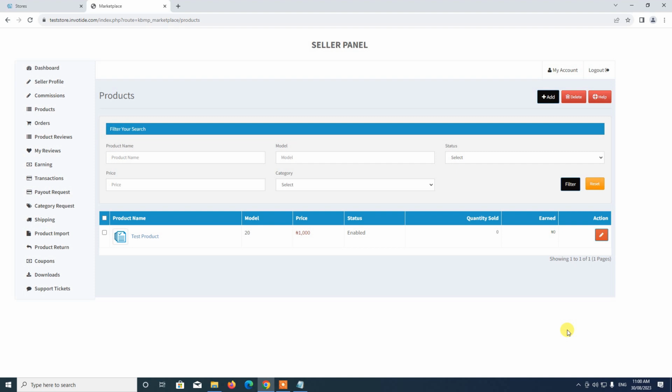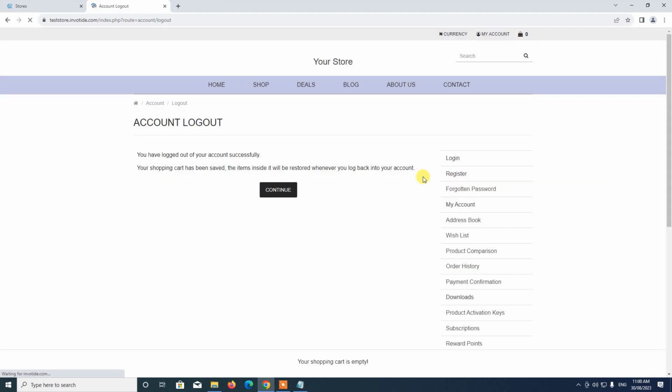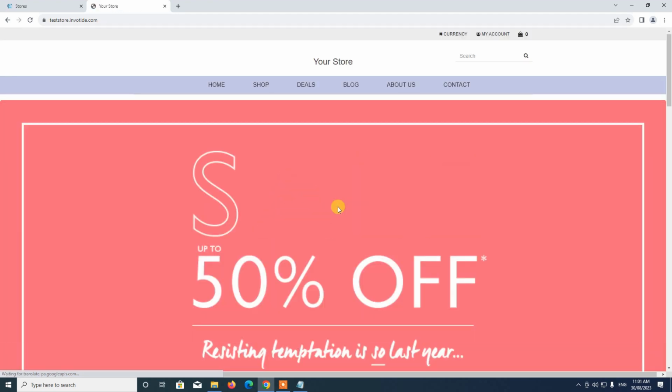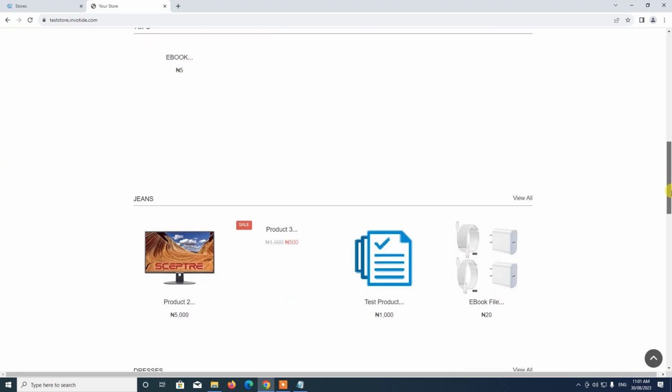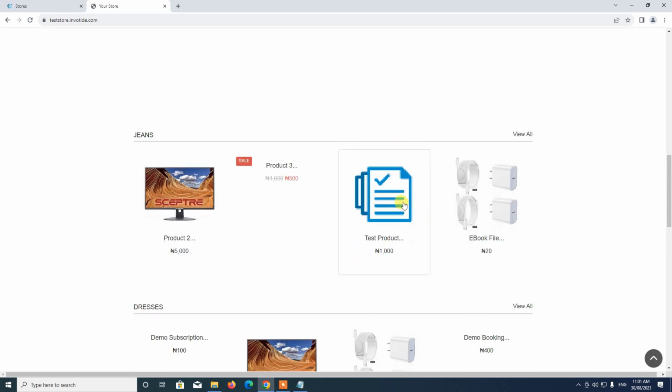So for us to order this customer's product, we go back to the storefront by logging out of the customer account. All right, so now that we've logged out of the customer account, if we navigate to the home page here and scroll down, the new seller's product has been added here. So clicking on it,